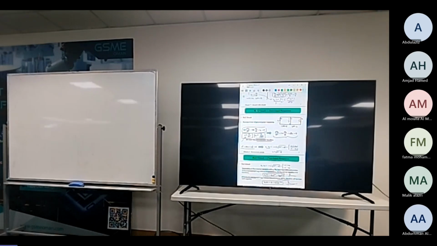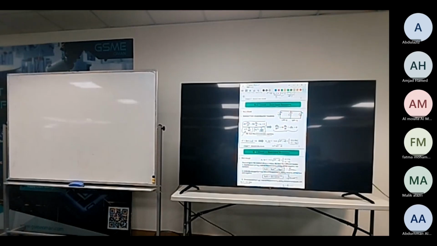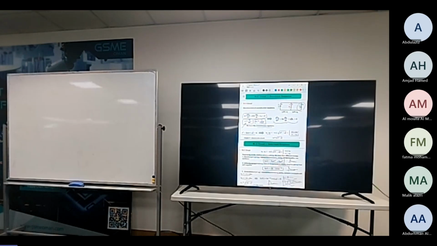When alpha is zero, when G is zero, that means conductance is zero, which means R should be infinity. So when alpha is zero, or the resistance is infinity, we have